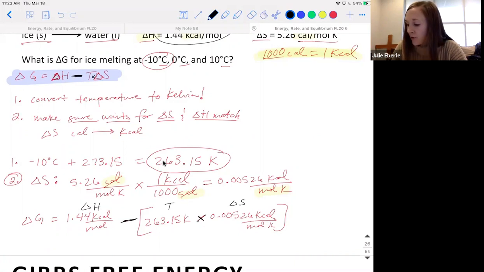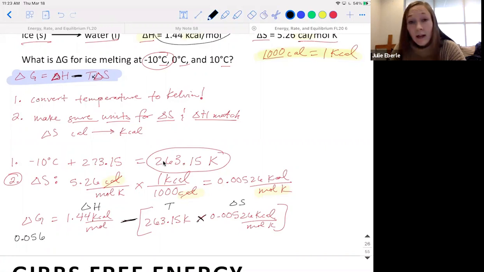And then you do the 1.44 minus that, the product of that number. Okay, so Haley said she got 0.055831. So let's round to 0.056. Allie said she got that as well. So it seems to be that the answer is